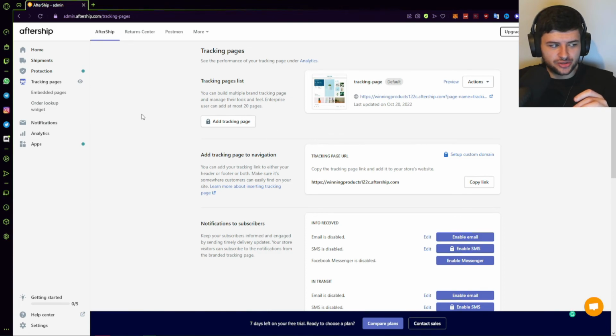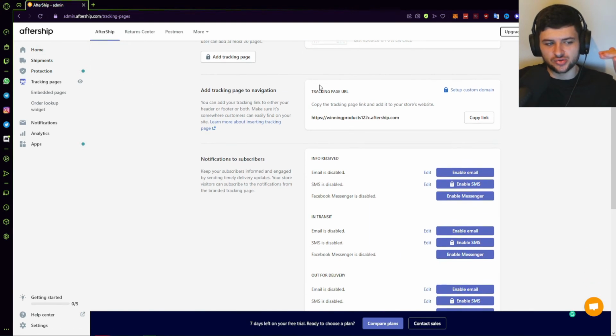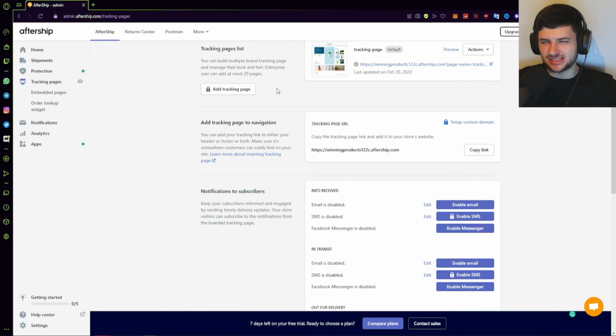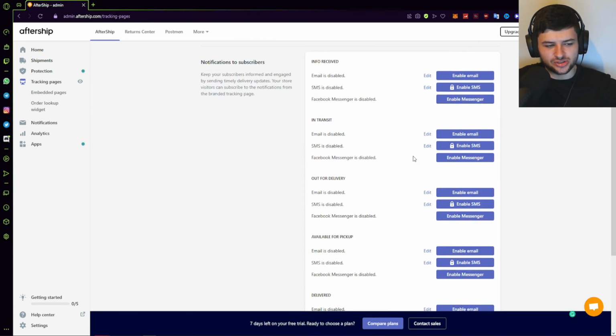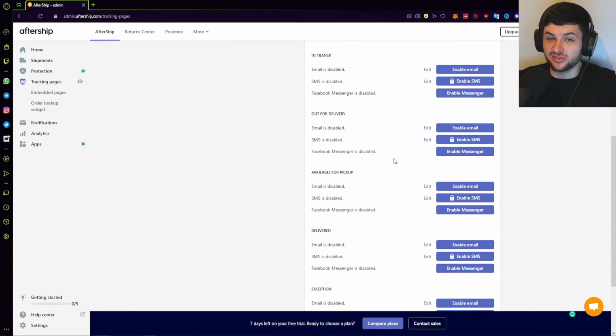Now, the reason I'm showing you this is just for another way to provide some kind of tracking, because the typical way dropshippers do it, most of us, we just use the generic AliExpress tracking provider, which we use as a link or on a button for people to click and then look for their order via them typing in a tracking code. This makes it really obvious for them to know it's a dropshipping store, and it's just not very good as a user experience. So this is an alternative you can do instead of using those websites like 17Track, which AliExpress dropshippers always use. This is just a nice cleaner solution, and it looks a lot better,